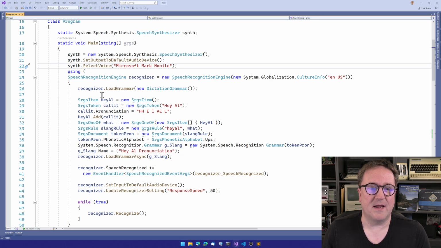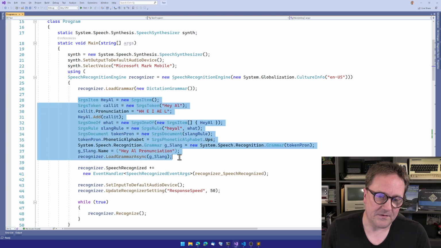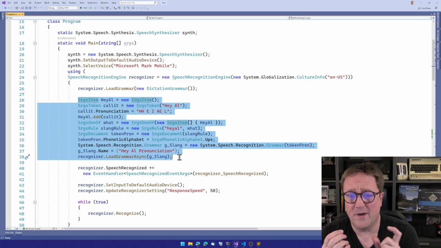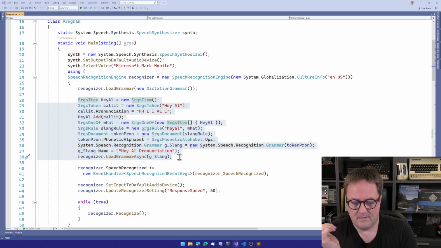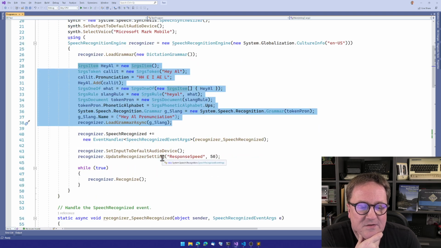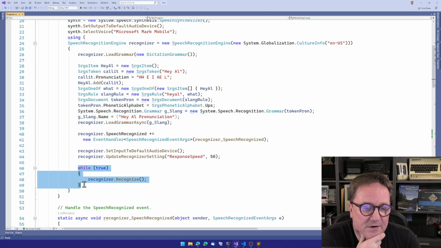And then it sets up a speech engine, and I have created a small grammar library with basically one word in it, hey Al. That's the phonetic pronunciation of it. So this engine just loops here and sees, did he say hey Al? If he did,